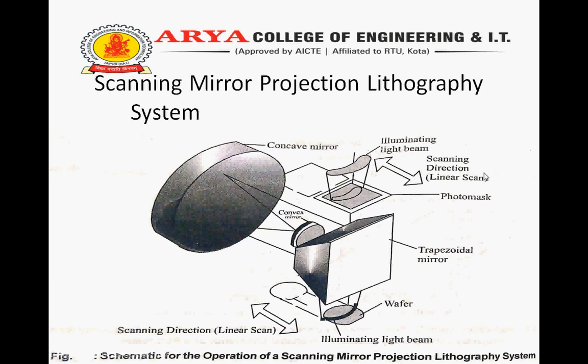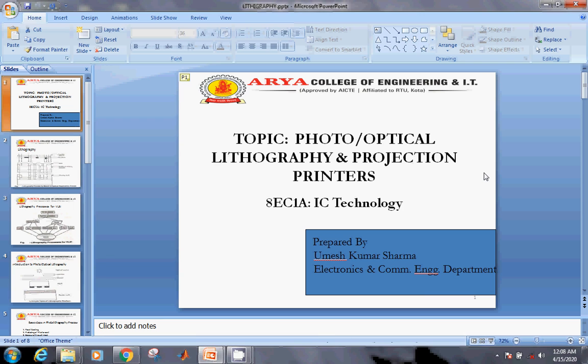This means that only a small region of the buffer called a field, typically 0.5 to 3 cm square, is exposed at a time. This allows the system to be built with very high NA and therefore high resolution. Between exposures, the buffer must be mechanically moved to the next field, hence the common name stepper.